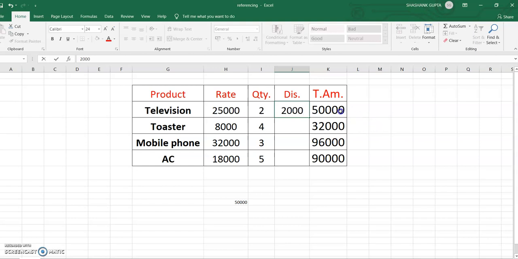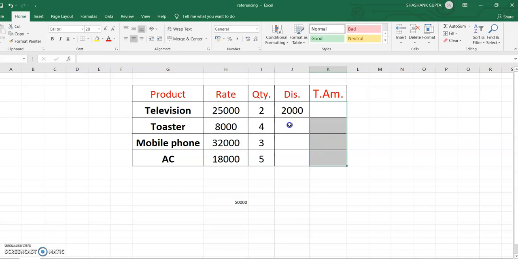Okay, there is a discount of 2000, that is for television also, toaster also, mobile phone also, and AC also. Okay, so a cell reference is made absolute by putting a dollar sign before the column letter, or as well as you can put the dollar symbol before the row number.